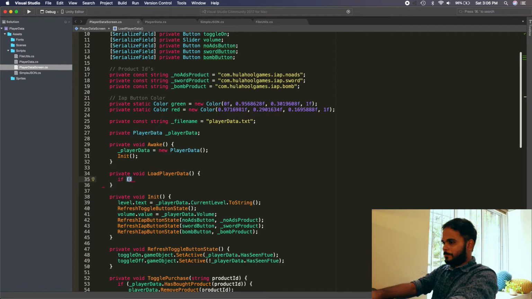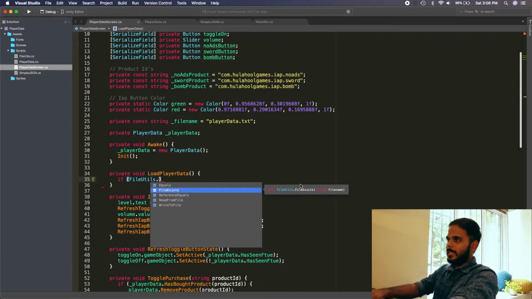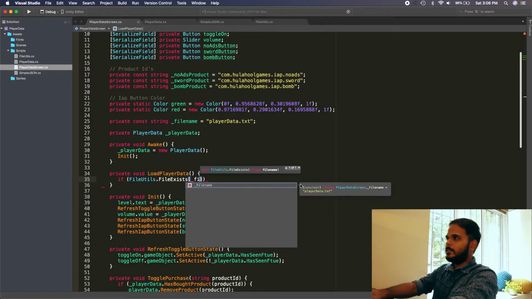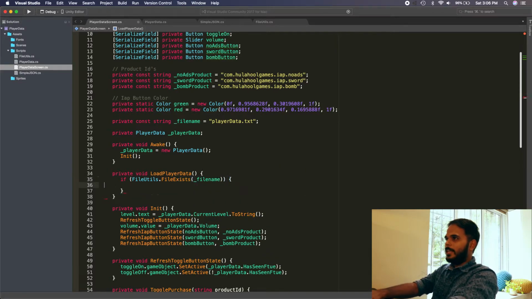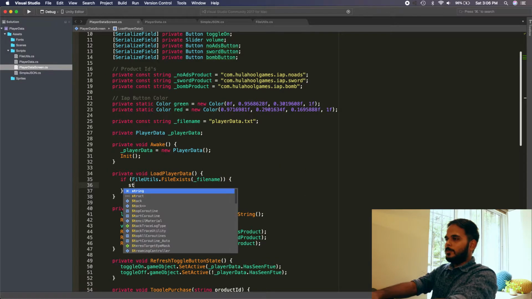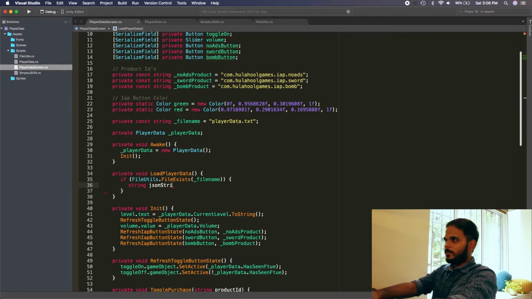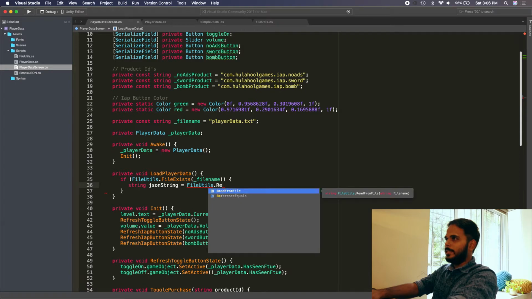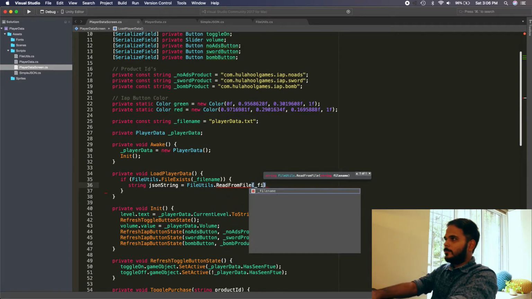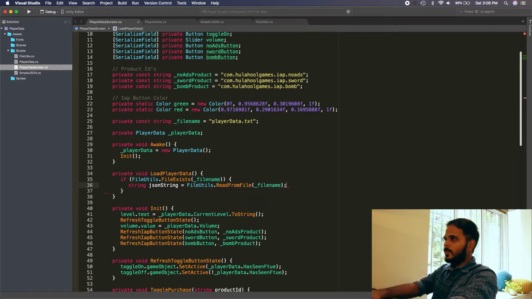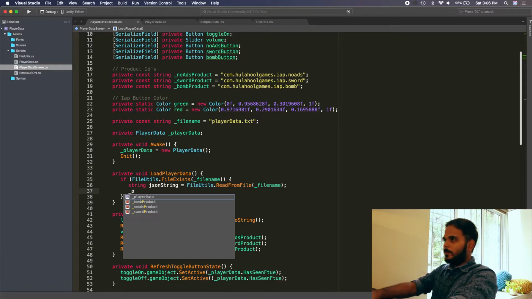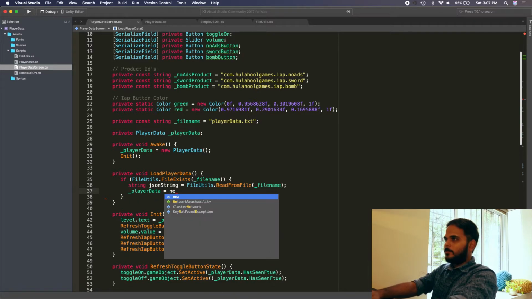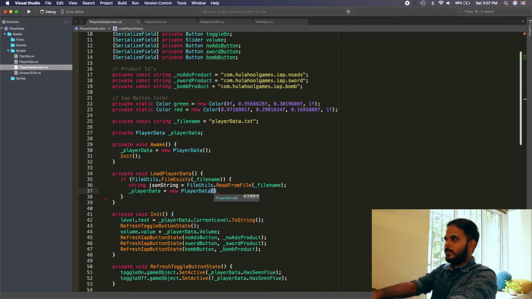So let's do FileUtils.FileExists and pass in the file name. So if the file exists, we want to read our JSON string from the file. So read from file name, and then we want to create our player data from this JSON string.